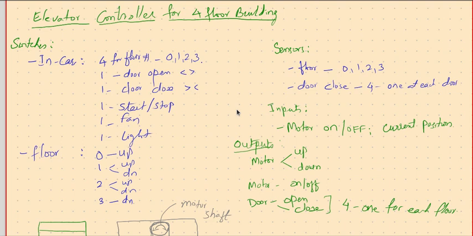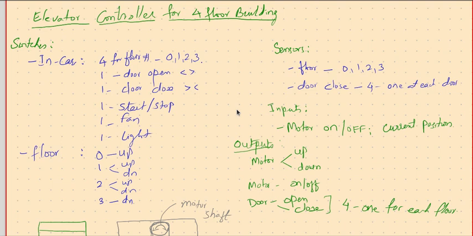An elevator is a system which takes us from one floor to another floor. We don't have to climb up the stairs or climb down the stairs. You can just get into a cabin called an elevator, and it vertically moves up and down, stops at the required floors, opens the door, and so on.